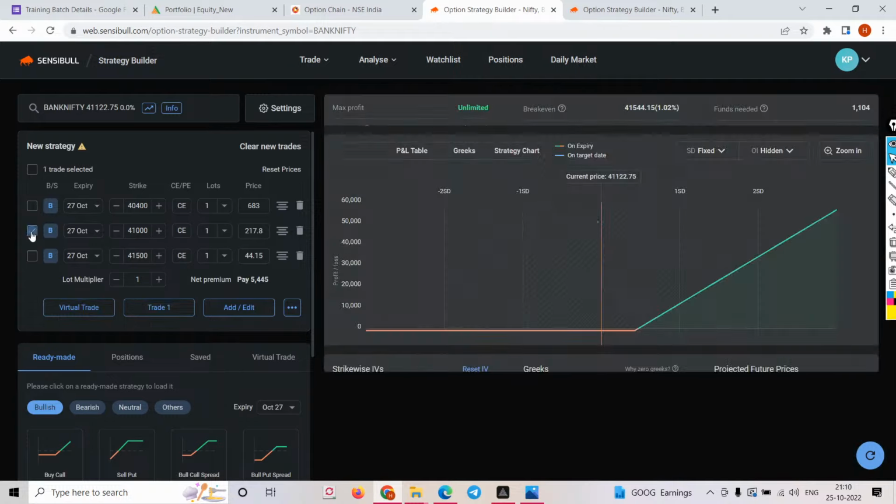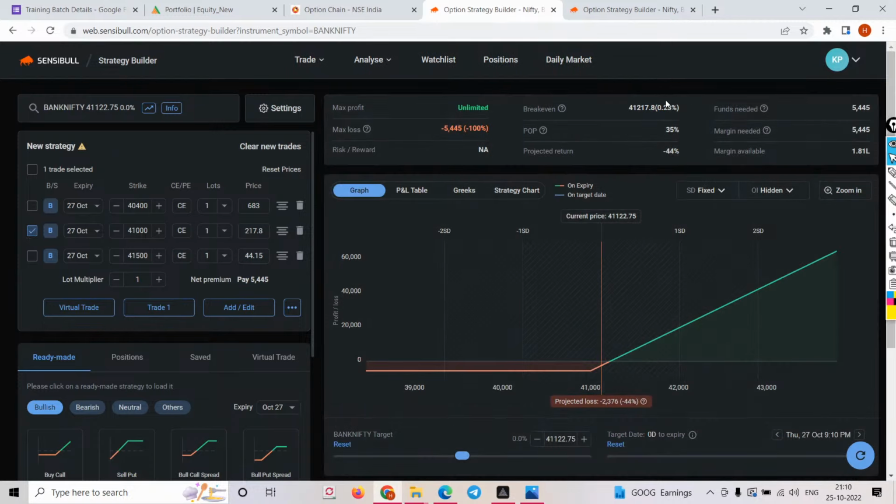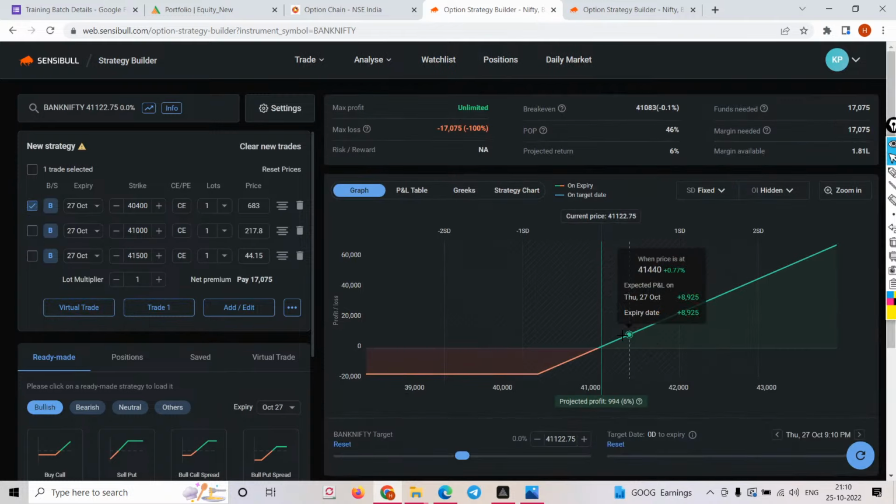But whereas in at the money, your profit will start only from a 0.23% move up. That's it. In the money, your break even is almost there, rather, I would say negative. Even if the market expires here, you'll be getting good profit. Even if the market makes just a 0.14% move, you'll be getting 2,400 profit on a capital of just 17,000.